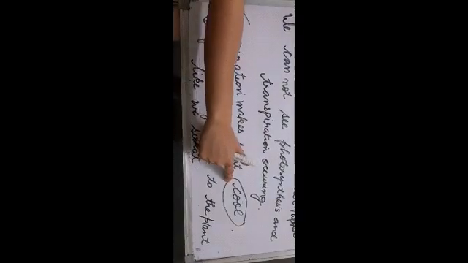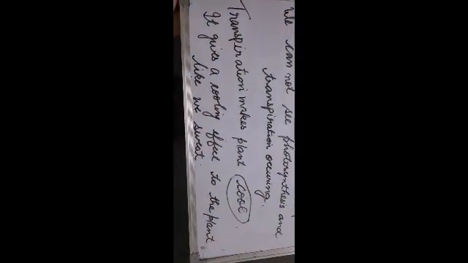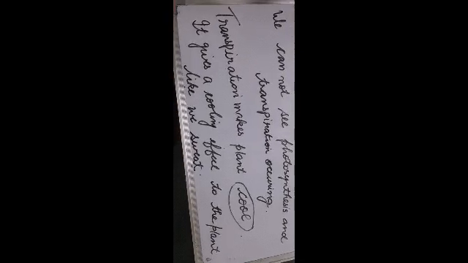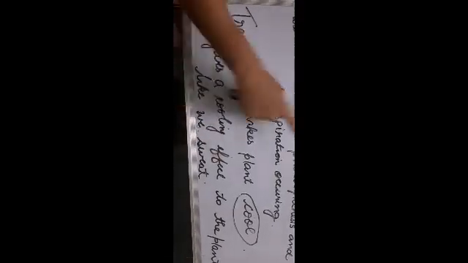Now what is the use of transpiration? Transpiration makes a plant cool. It gives a cooling effect to the plant. I will give you an example here. For example, in summers when there is a power cut, when there is no light, you sweat a lot, and suddenly when the light comes, your sweat will evaporate. It will move into the air and you feel very cool. Same way, when the water comes out of the plant as water vapors, the plant feels very cool. So transpiration is very very important to the plant in summers, because in summers the water comes out and the plant feels cool. So transpiration gives a cooling effect to the plant. This is the use of transpiration.